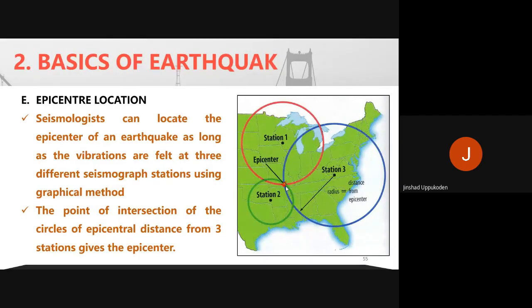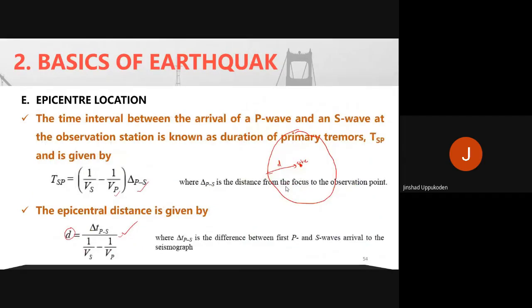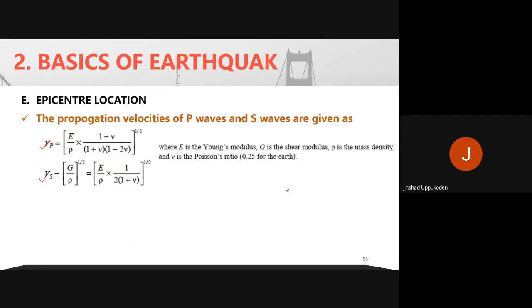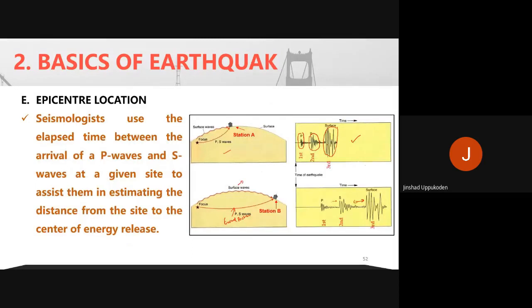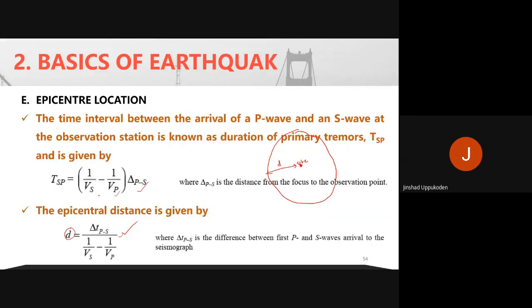So you can see here once again, I'm showing you that by measuring the corresponding distance, you see this figure. If the distance is close to the focus, the gap between P and S is very small. As the distance is greater, the gap between P and S is greater. So depending upon that, we will be able to get the time interval between the arrival of